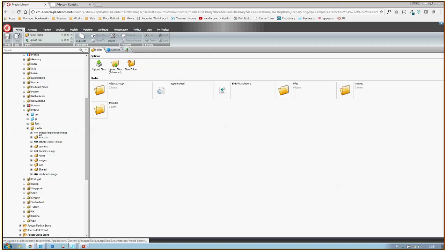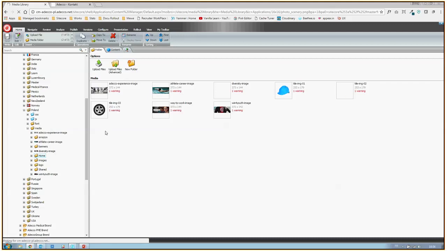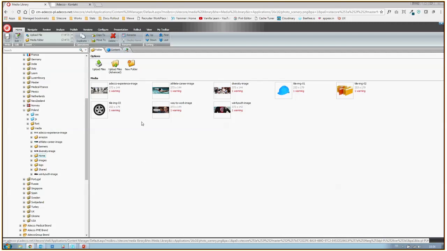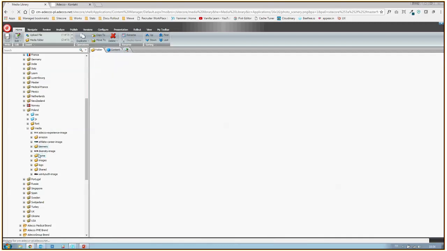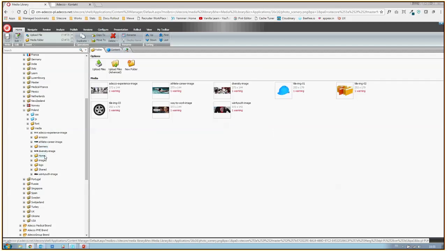So this is something to remember. One or two months ago we had this issue, and we don't know exactly why. But just to warn all of you, for example you are in your home folder, so you see your different images. Be careful when you have a warning. This means the alt field is empty and in HTML it is required. But anyway, here you have your images, so this is fine, and if you go in this folder, this is fine. But sometimes you publish your folder because you want to make your images visible on your live website,